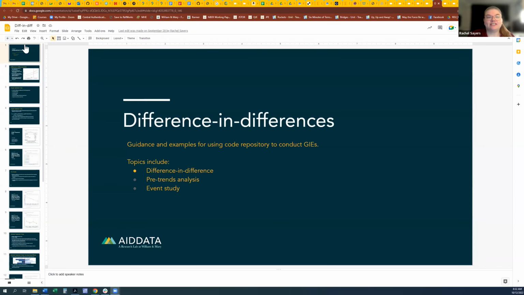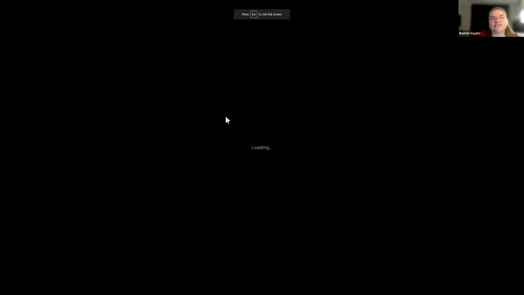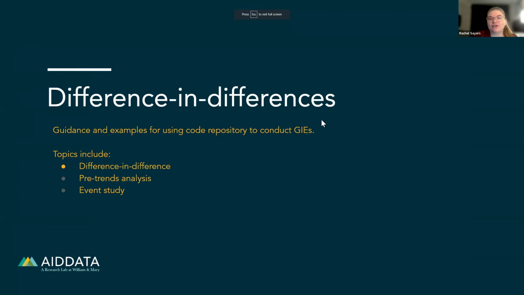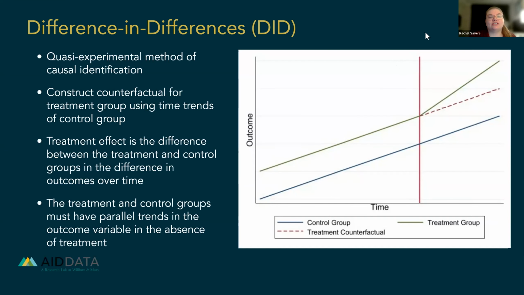So as Ariel mentioned, a key component of GIEs is a quasi-experimental method of causal identification. One such method that we use a lot is difference-in-differences. Difference-in-differences allows us to construct a counterfactual for the treatment group using the time trends of the